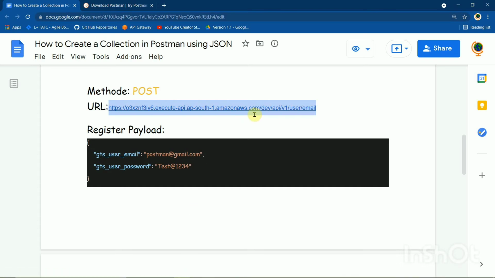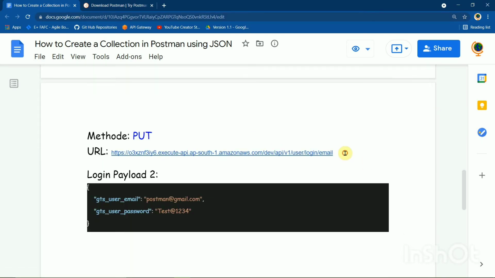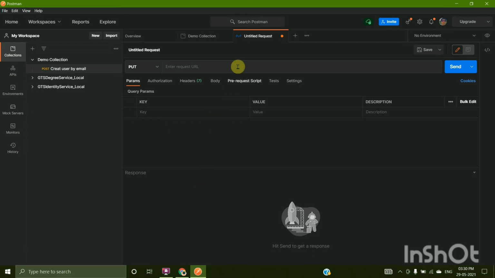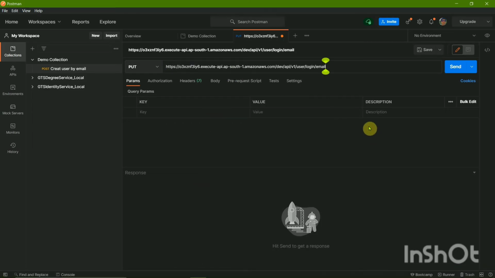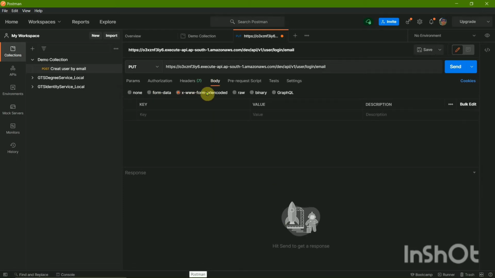Now I will get the URL for the put. So guys, you don't have to worry about the URL, because the URL and the payload will be given in the description.